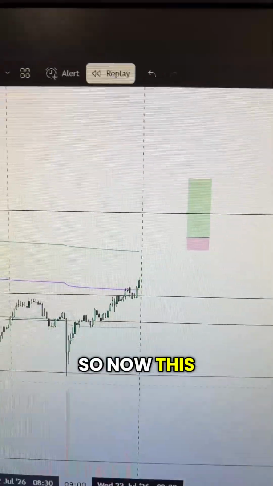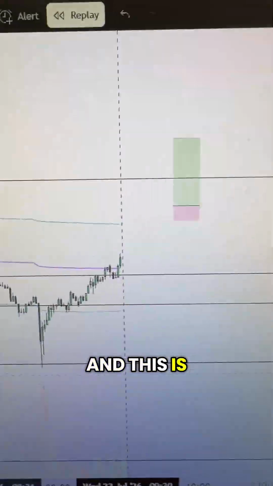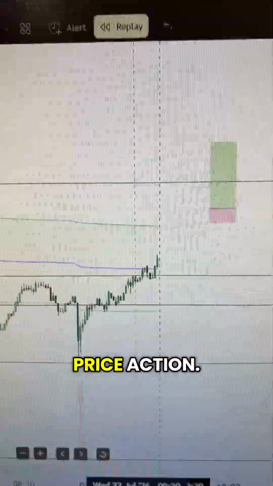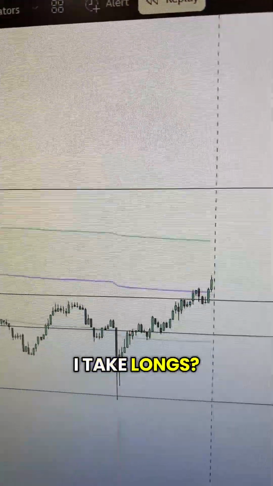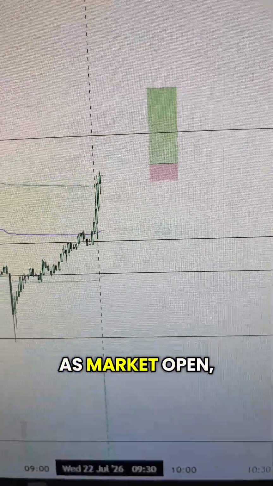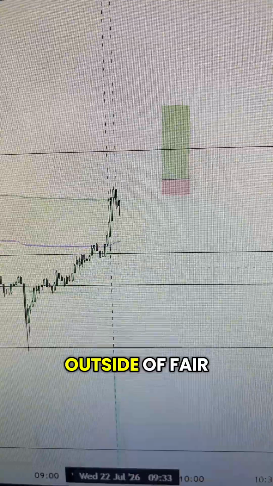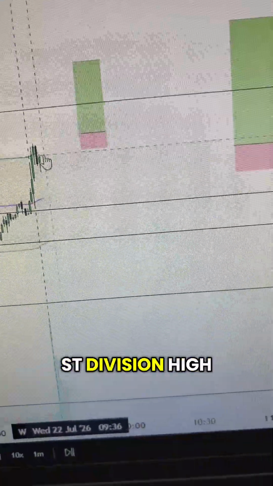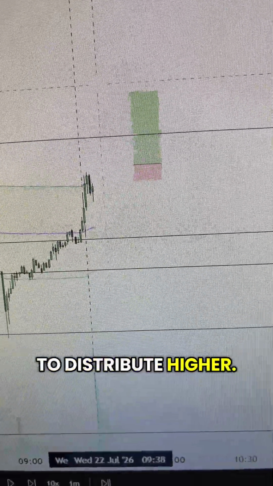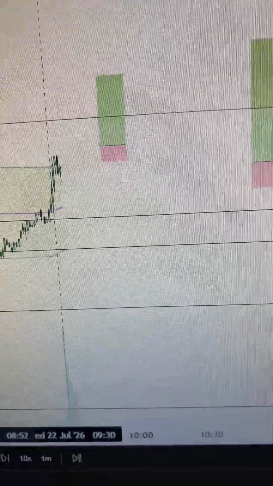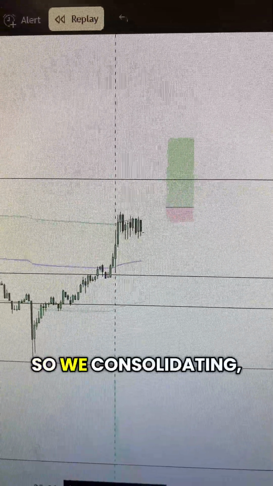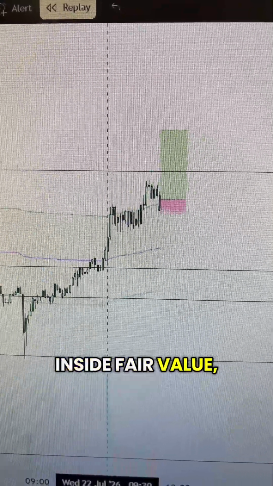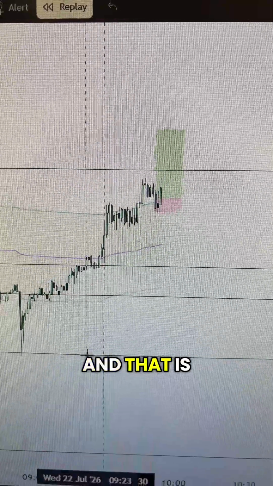So now this is the 1-minute time frame, and this is the session VWAP, and I have replayed it back to 9:30. So let's see price action, and let me see when I can take longs. As soon as the market opens, we pump higher outside of fair value, right? If we want to be bullish, we'll use the first standard deviation high as a reason to distribute higher, right? So let's see. So we're consolidating, we break higher, we come back inside fair value, we hold it,